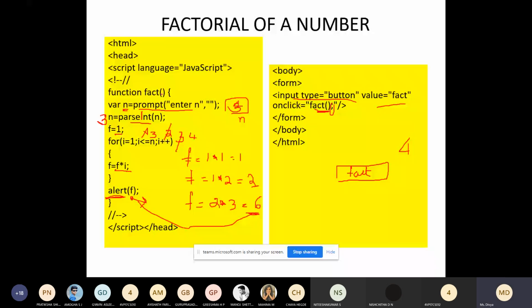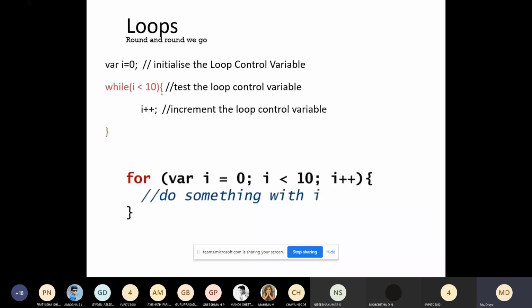So the next concept is loops. What are the different types of loops? Here we'll be discussing two types of loop, that is while loop and for loop. Here you can see this is the while loop and this is the for loop.